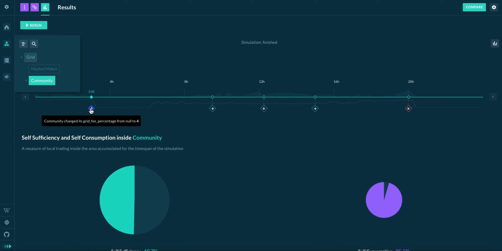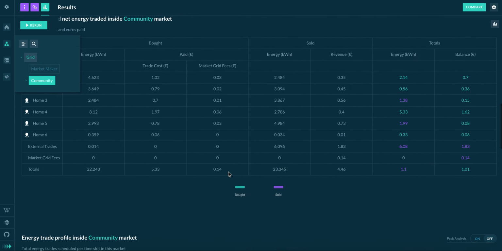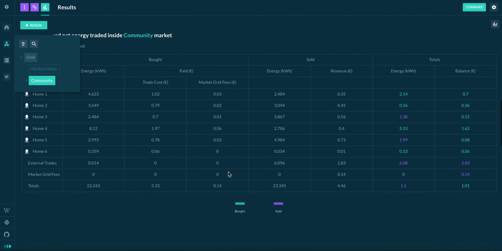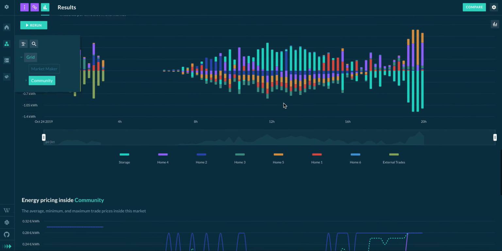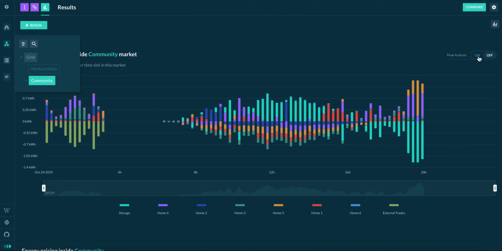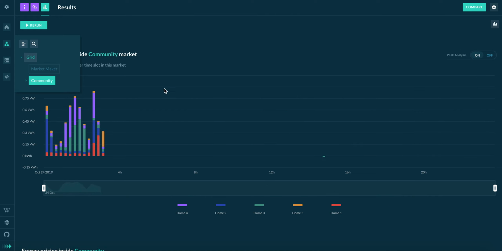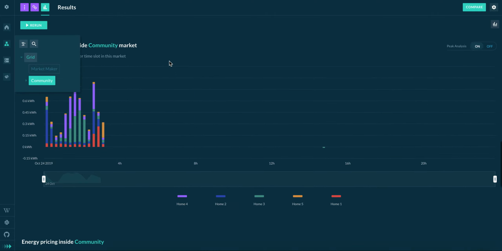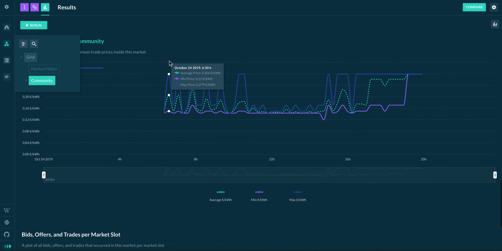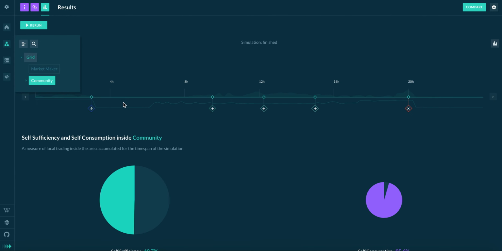And for the community, I changed the grid fee, and I think this one is not as visible, but I click here and I go to the community view. And depending on the pricing and the strategies, I can see if my grid fee had changed anything. So if I was using the peak analysis tool, then I could see, we talked about this in a past video, where the minimum and maximum peaks would be and how that was impacted by the grid fee. So this is the events feature, and inside the timeline,